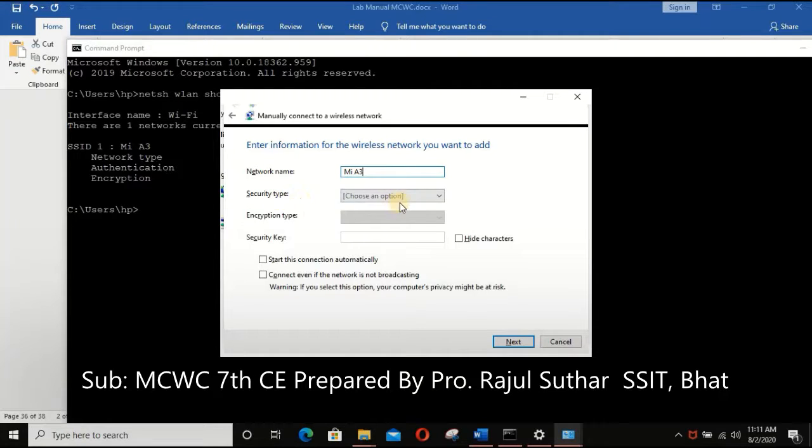Then security: click on security, it is WPA personal. Then encryption type AES. For the security key, you can hide the characters. Then connect even if the network is not broadcasting, so as it is.